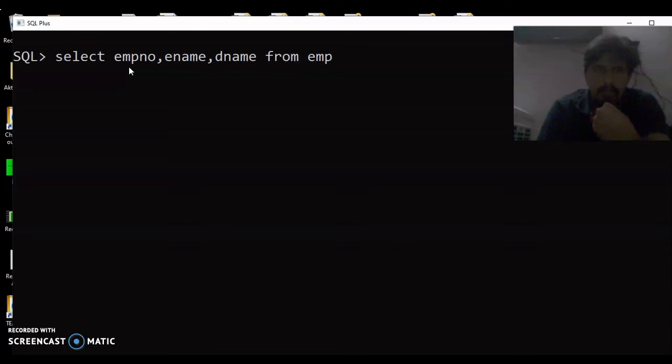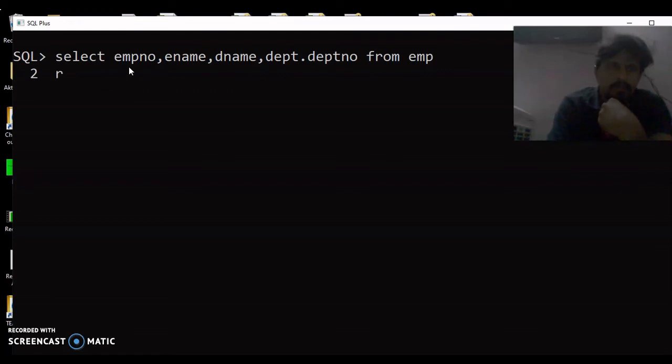Select employee number, E-name, D-name. Let us also print DEPT dot DEPT NO. Now here we are using the department table name dot department number, because we are mentioning the condition from EMP right outer join DEPT on.